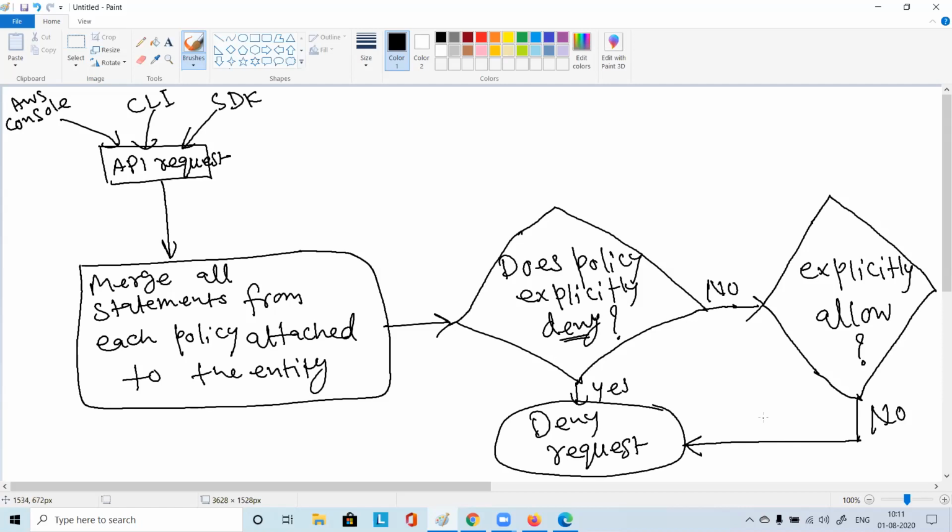In that case also it will deny the request. Explicitly it is not allowed. That's it. Deny the request.